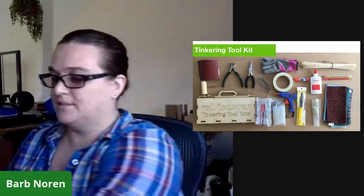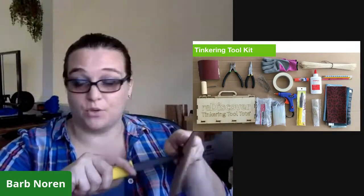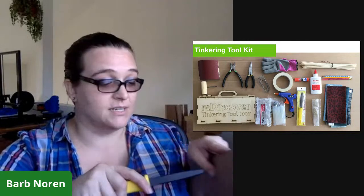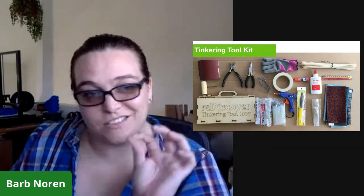A canary cutter will cut, as I was showing you, from the side. It won't cut from the middle. So if you want to make a window, say in here, you don't want to stab. This is not made to do that. And that's where a lot of folks will start stabbing with scissors or hunting down knives, and things start getting a little bit dangerous. So enter the awl,